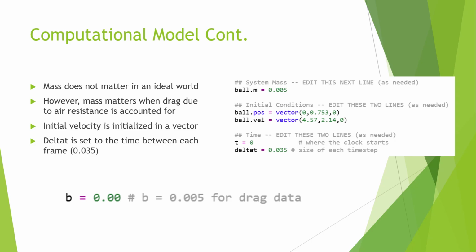Continuing, mass does not matter in an ideal world. However, when drag is accounted for, it does matter. The initial velocity on the right is initialized as a vector, and delta t is set to the time between each frame, which is 0.035 seconds. And then b is equal to 0 for the perfect world simulation, and